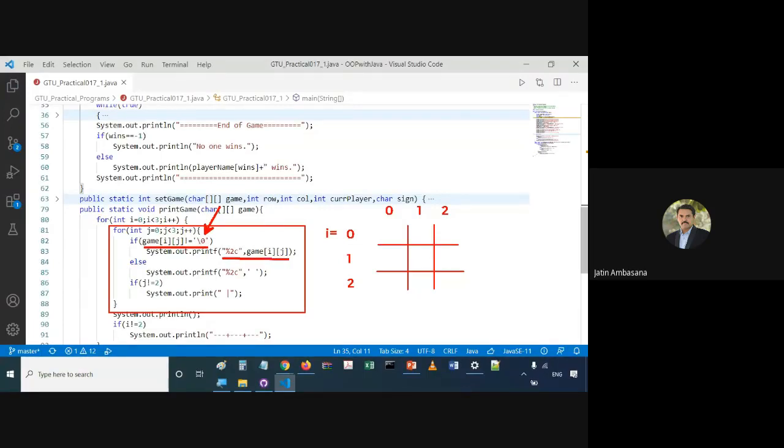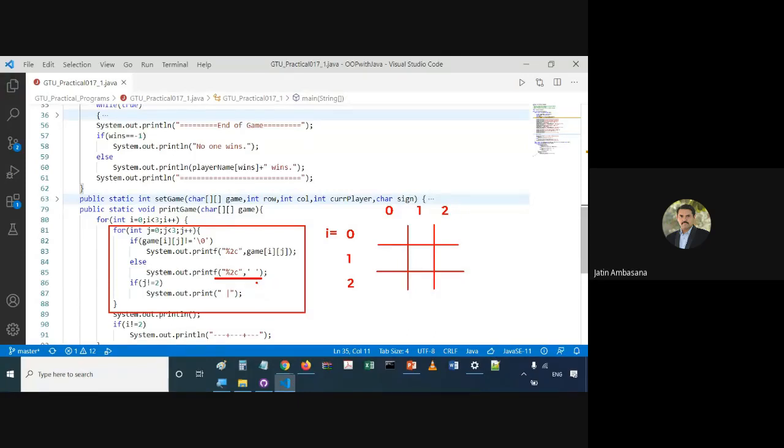So you print that particular character. You allocate two spaces for it, and inside it you print the character. That's why you say %2c. And if it is an empty cell, then you print spaces over there.